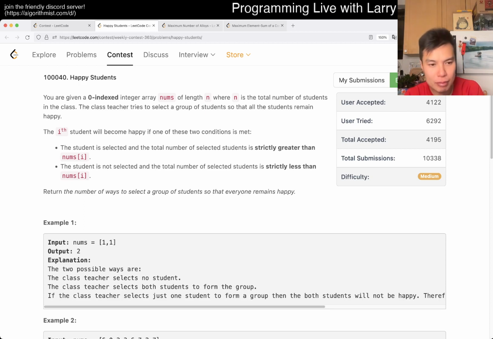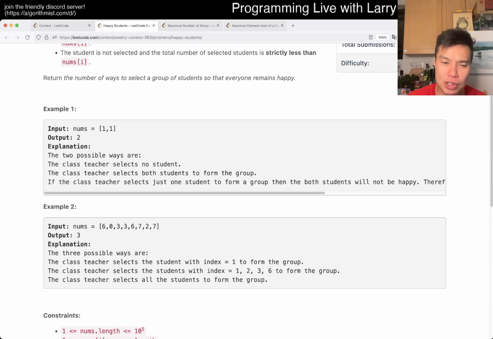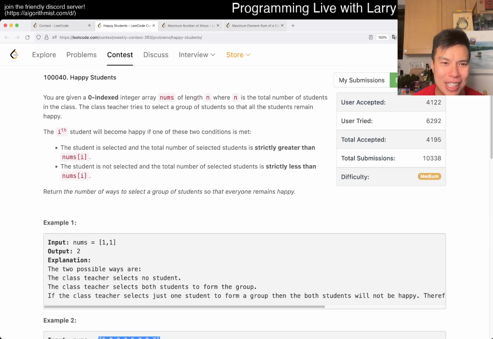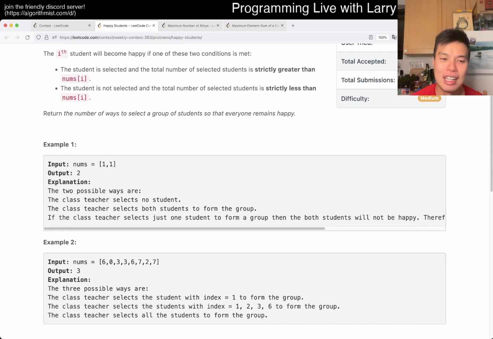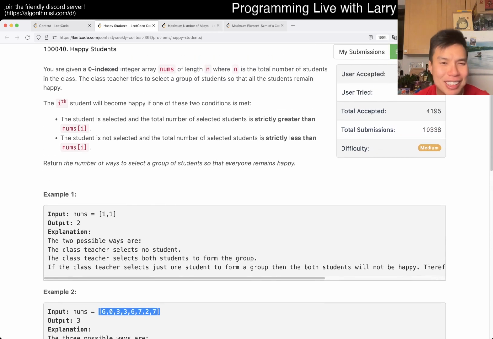But yeah, I think the first thing that I would try to do is to give structure to these inputs, right? The students don't really matter, or, well, okay, maybe that phrasing is a little poor, but what is this number, the happy number, whatever this number is? If nums, they don't even name the thing. With this number, it doesn't matter, right? So you could sort it, is the first thing that I would do. You could also try doing it with a frequency table, but for what I'm about to do, sorting it is more straightforward. So this one, honestly, for me, took a little bit of time to read correctly, also,